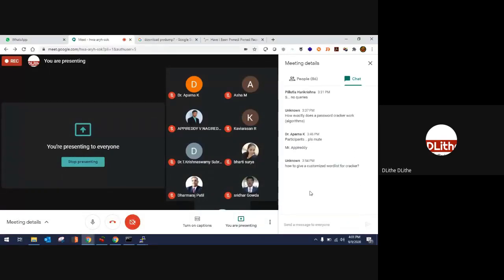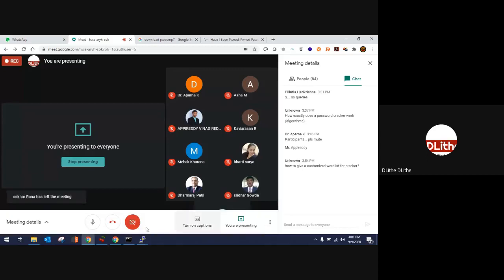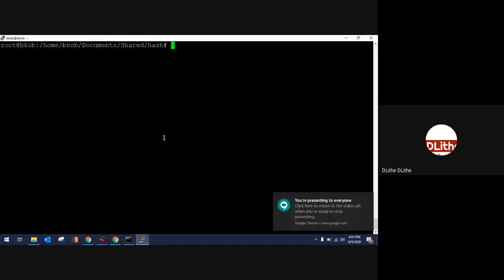To create a customized word list, you need to write your own text file. Your word list is nothing but a simple text file. As you can see, I used the nano text editor, and I created a word list and used that particular word list. You can typically create your own word list by mentioning your passwords in the word list. That is one way you can do it, or else in Kali itself there are huge amounts of word lists.